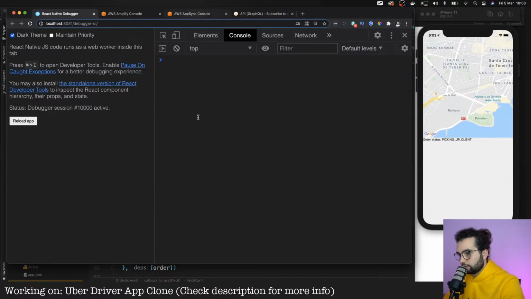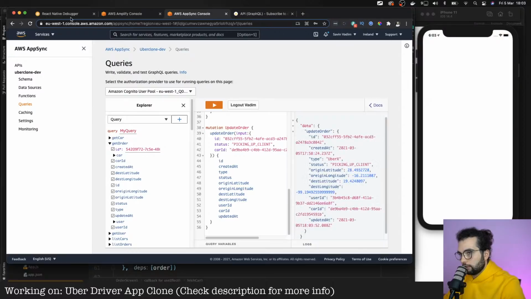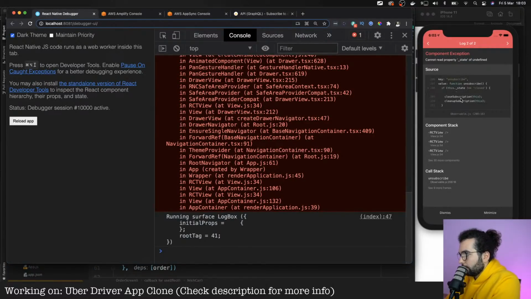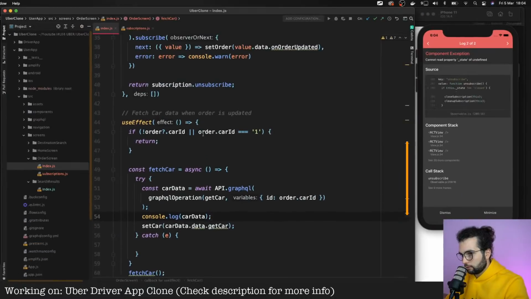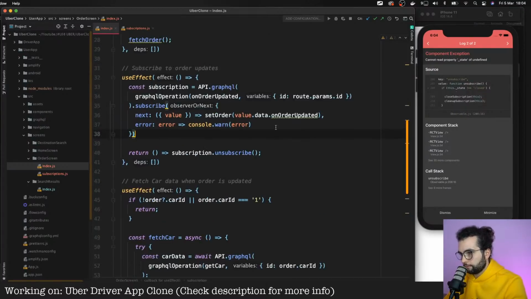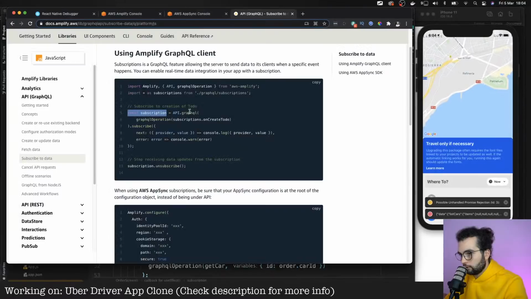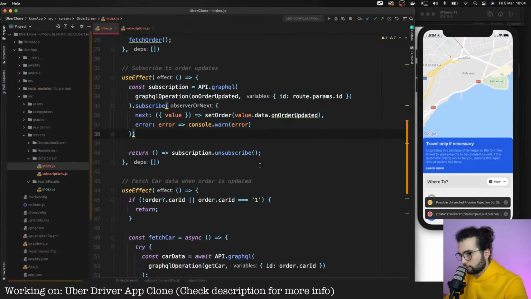Maybe that's fixed already. In the update order, state of undefined, unsubscribed. Should I do it like this? Subscription.unsubscribe. API GraphQL subscribe and then unsubscribe. Yep, that's how it's supposed to be.